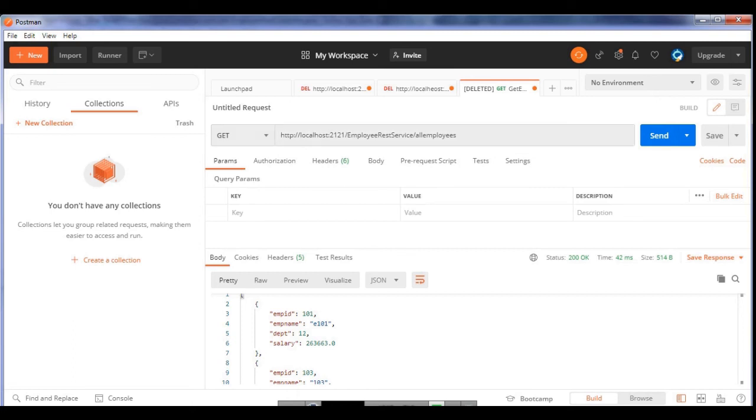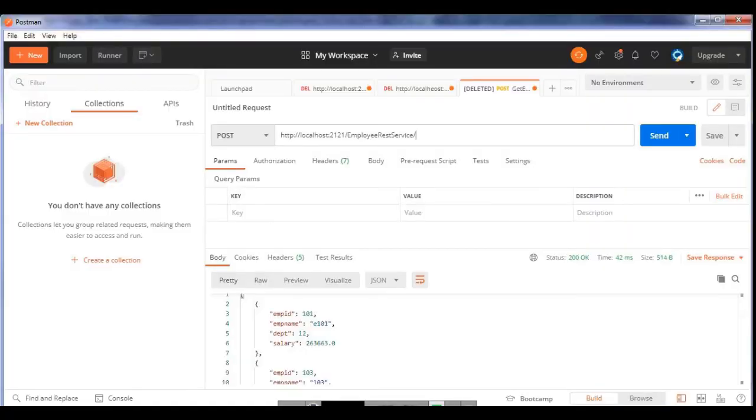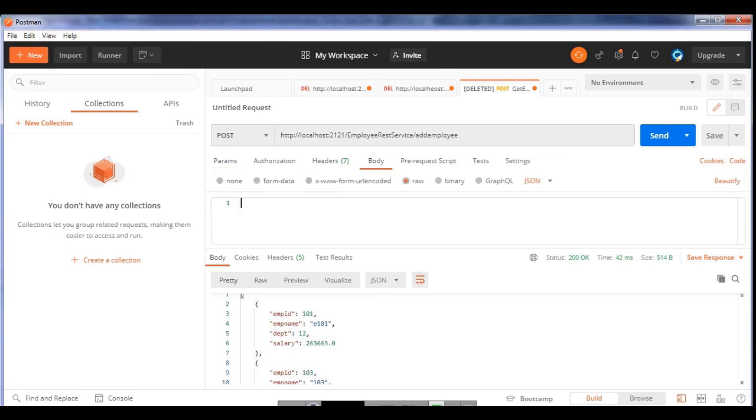First of all I have to mention this as post, and then I have to write down the URL pattern. Let me put the URL pattern, let's come to one point and then next we can do more things in that. Now in the body, as I told you, I will explain everything one by one. When you choose something, you have to choose this body part.